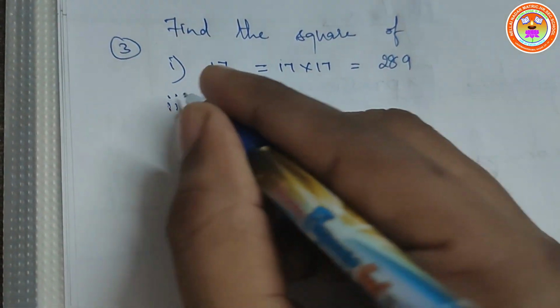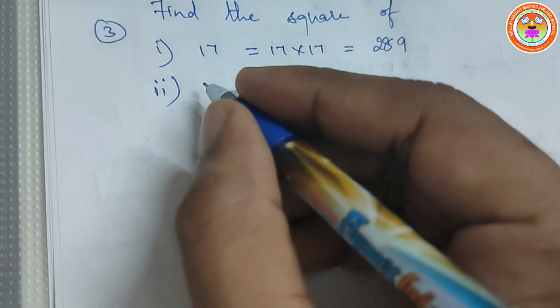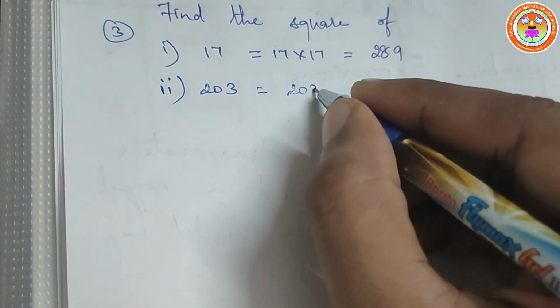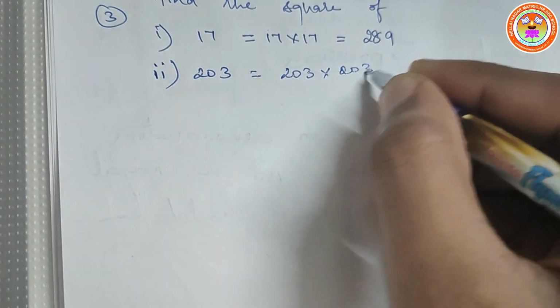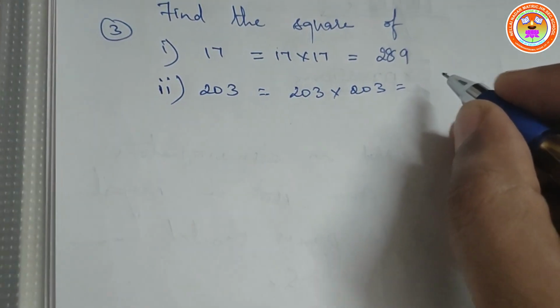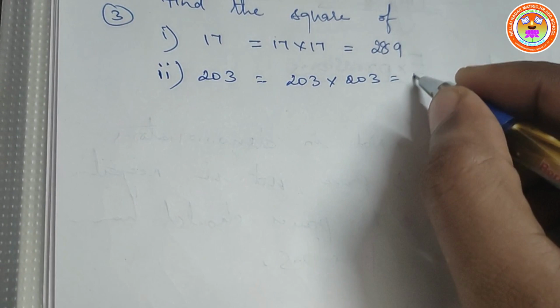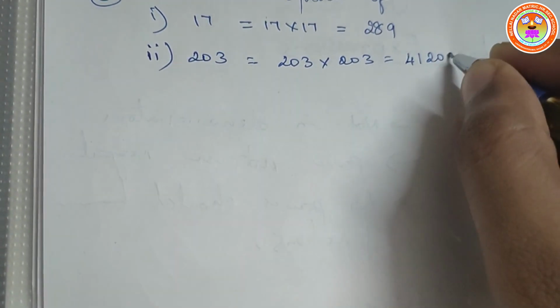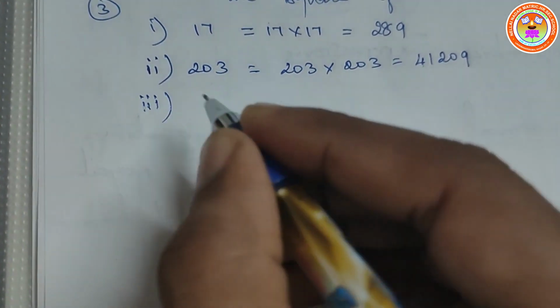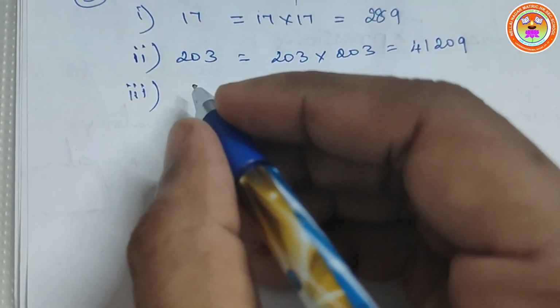289. Second subdivision, the number they have given is 203. 203 into 203 is equal to, if you multiply 203 with 203, we will get 41,209. Third subdivision, it's a bigger number, a 4-digit number,